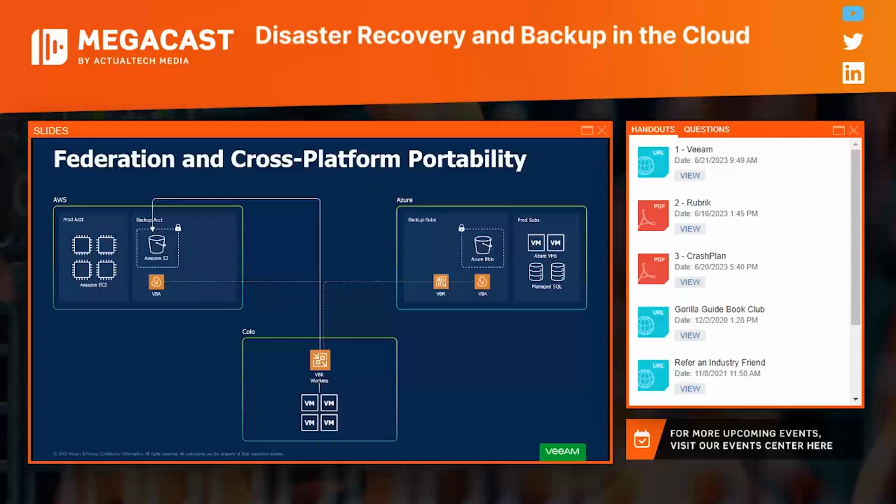The other piece was around a security initiative, though, and that was making these buckets immutable. So we do support Amazon S3 Object Lock, as well as immutability for Azure Blob Storage, putting data in a write once, read many format to make sure that, if anyone ever were to get in, they cannot corrupt, encrypt, or delete the data that lives in the backups.